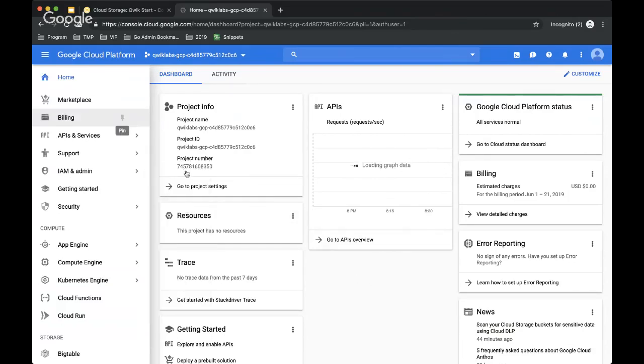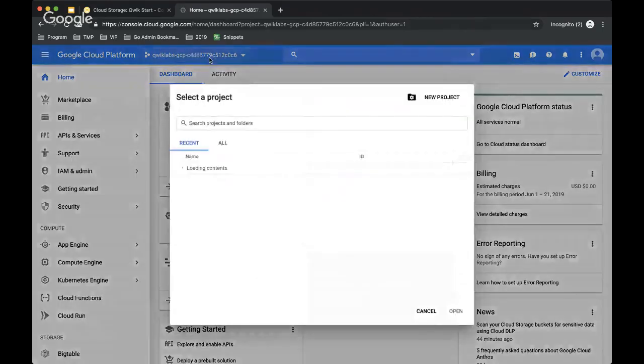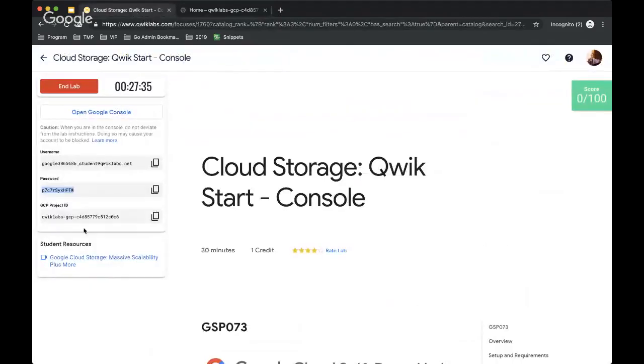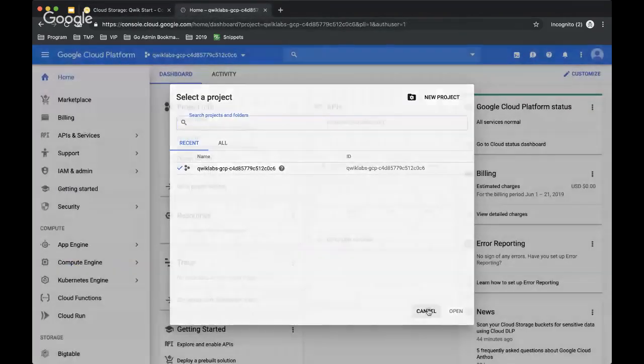Okay, now we are inside the GCP console as well. So let's start by exploring a few things. First of all, you need to make sure that this is the project that you are going to deal with. We don't need to do anything, just make sure it's the same project that's displayed here. This is 0C6. You will find the same ID, 0C6 here, okay? That's just for you to make sure that you are working with the right